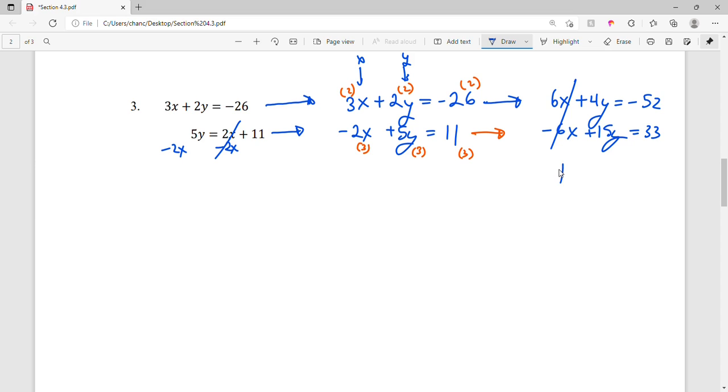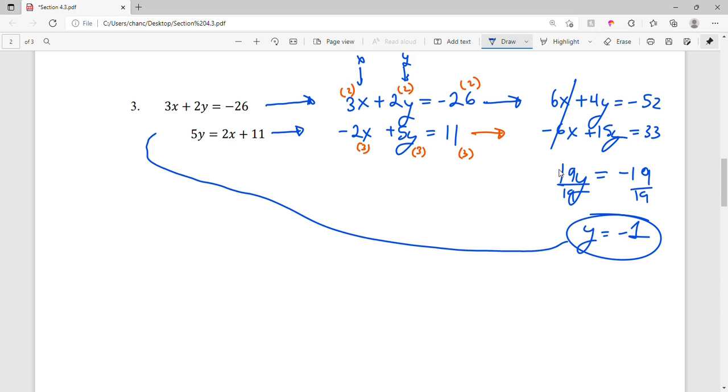This gives me 19y is equal to negative 19, which means if I divide both sides by 19, y is equal to negative 1, and now we can plug this negative 1 into any equation we want. I'm just going to choose the first one here. It looks easier for me, so we'll plug in a negative 1 for the y,